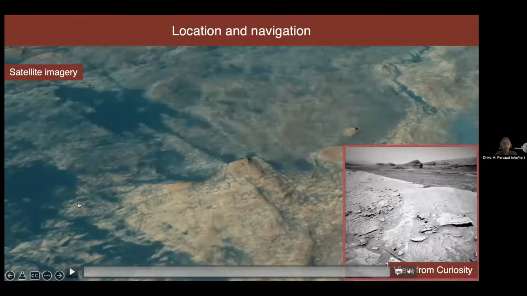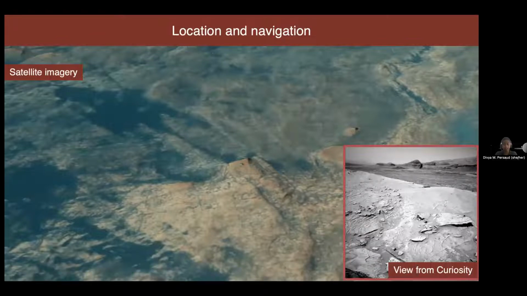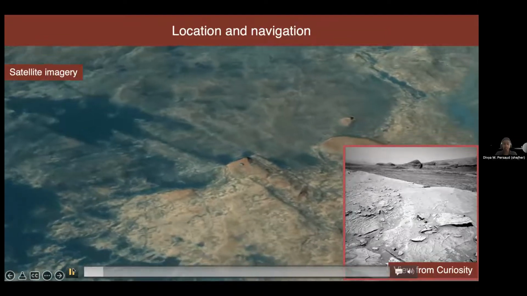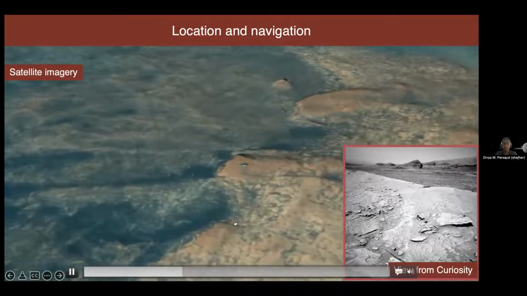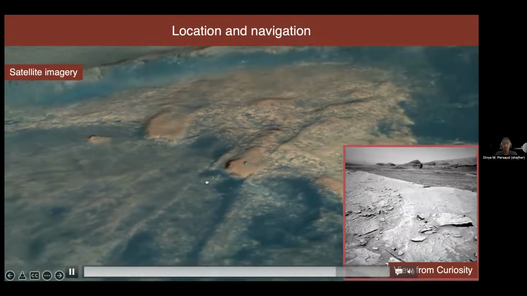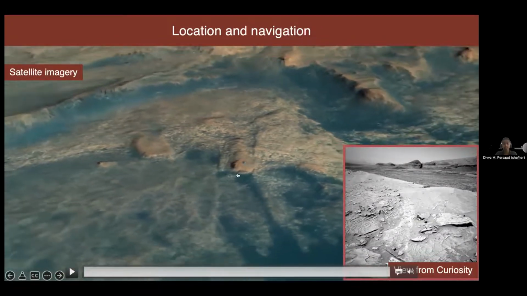With Curiosity rover, Curiosity has been on Mars for 10 years now. And so satellite imagery has helped with defining hazards, but also with localizing the rover, or locating it. And I'll talk about why location matters in a moment as well. And also figuring out navigation. So in the lower right, we have the view from Curiosity at the top of this little cliff. And again, this is a satellite image being shown in 3D, and we can actually see that the rover is on the edge of this cliff. We can also look at the terrain that it's approaching as it's going this way.